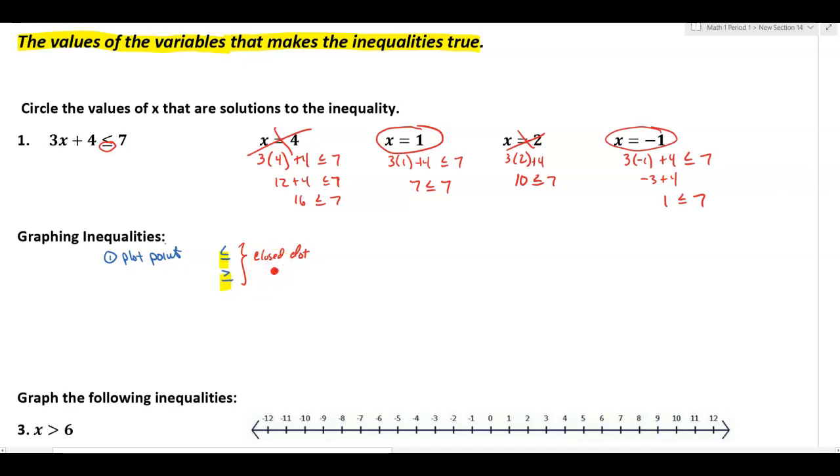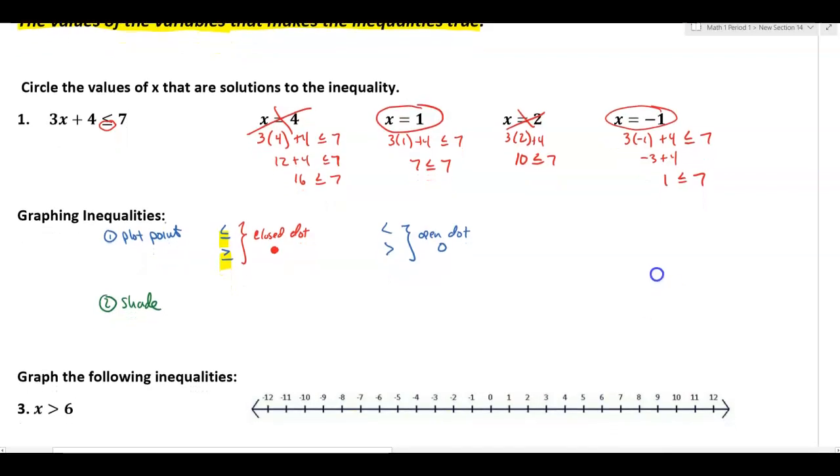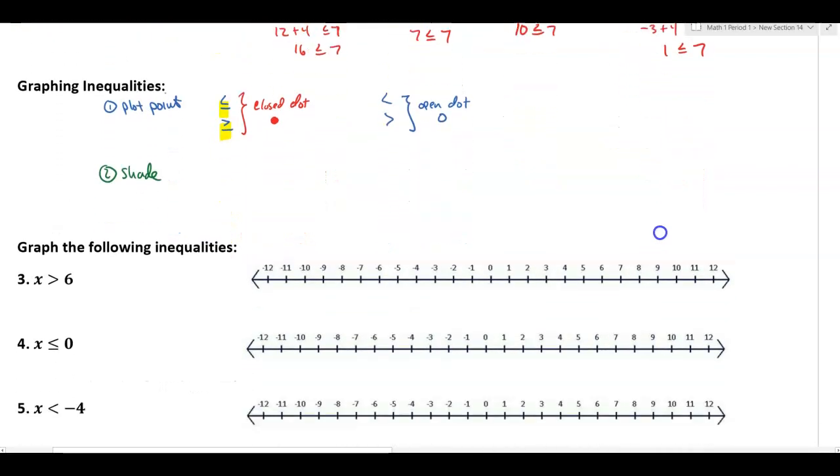And that closed dot tells us that the value that we're plotting is a solution. If we have less than or greater than, meaning we're not equal to, that means we're going to use an open dot, like such. So a closed dot is if we're equal to, an open dot is if we're not equal to. Once we plot the point, the second step is to shade. We're going to talk about that individually with each example here. So when I look at this,